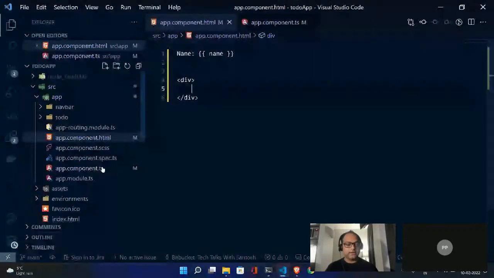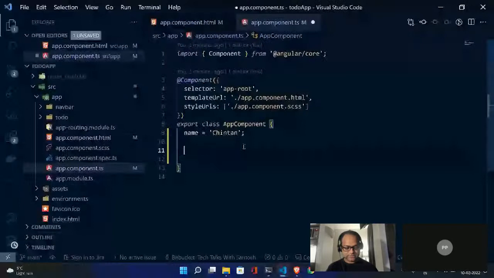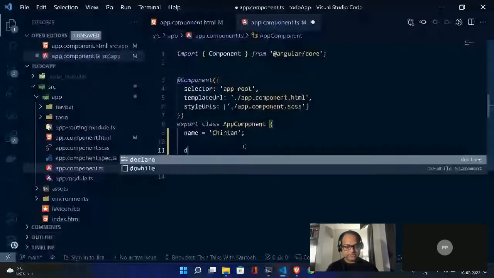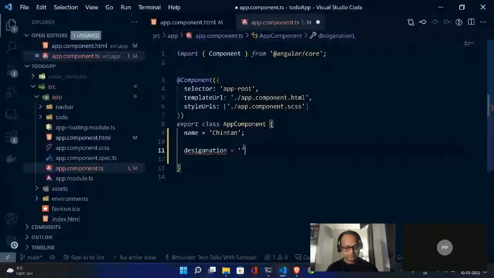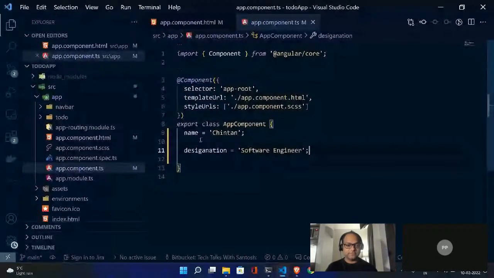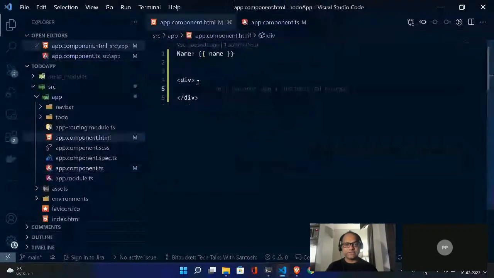There is another property called designation. This says software engineer, and I want to display the designation here.